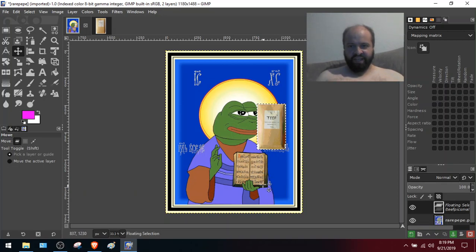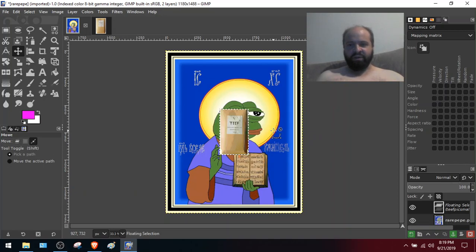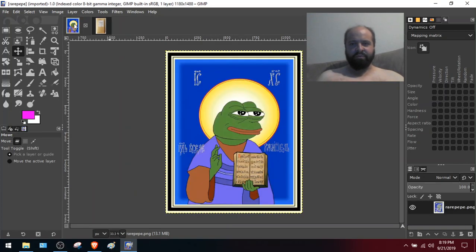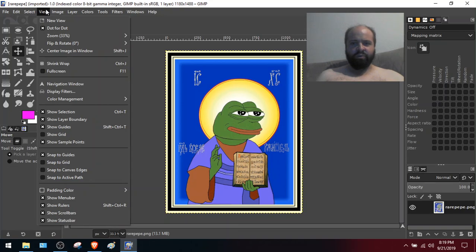So first of all, we're going to take these edges off the book, and I'll show you how to do that. It's not easy, ladies and gentlemen, but we will be able to do that. And then we're going to cut out Pepe's hand, and we're going to use that as another asset. So let's Control Z this TEEF powder out of here. And we could save this at the current scaling, but I'm not going to worry about that right now. So first step, let's go in there and work on getting rid of those